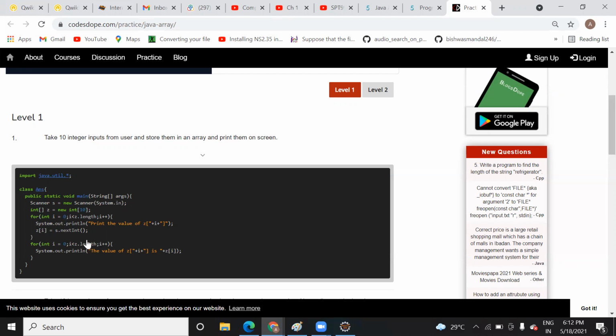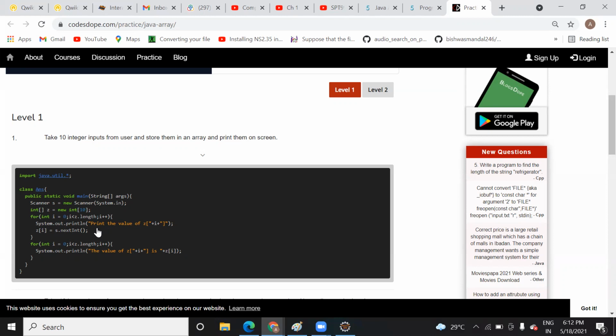right? So here System.out.println, you are going to print it. So how will it print it? "z" in double quotes, whatever the current value of i, plus i, it is going to print the current value of i. So in order to print the value, it is just writing a heading before reading it.